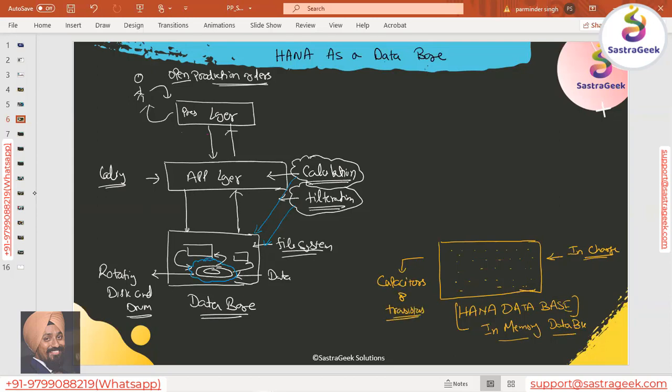Fetching data from a rotating disk and drum compared to fetching from electronic components, capacitors and transistors, is 1,000 or 10,000 times faster.